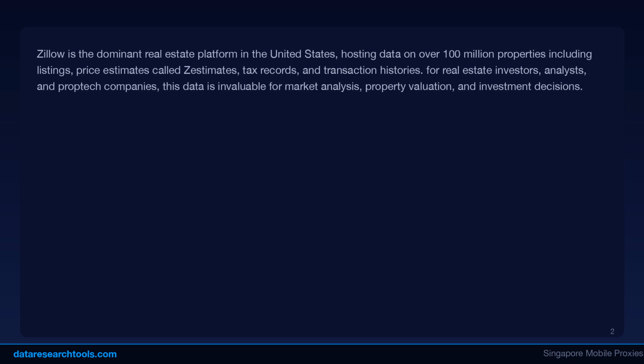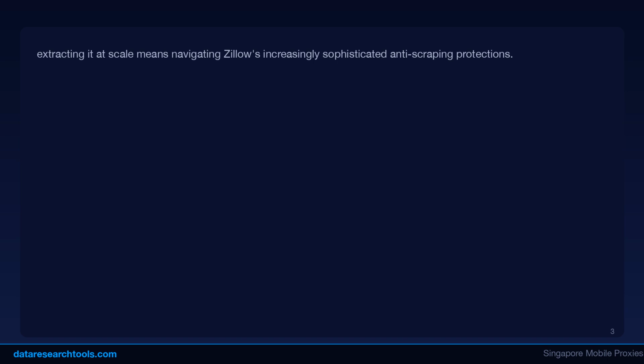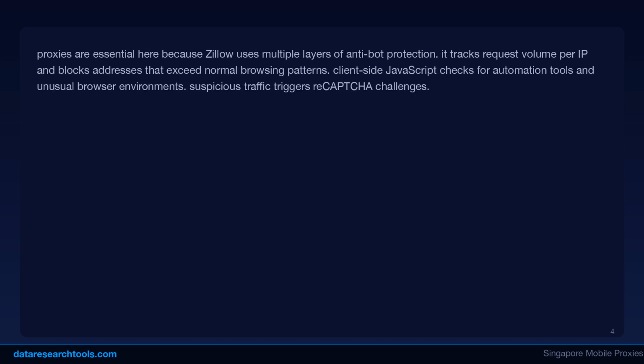Proxies are essential here because Zillow uses multiple layers of anti-bot protection. It tracks request volume per IP and blocks addresses that exceed normal browsing patterns. Client-side JavaScript checks for automation tools and unusual browser environments. Suspicious traffic triggers reCAPTCHA challenges. Property details load asynchronously and require JavaScript execution. Zillow's internal APIs also use authentication tokens that expire and rotate. Rotating residential or mobile proxies ensure your requests come from legitimate ISP-assigned IP addresses that Zillow can't easily distinguish from